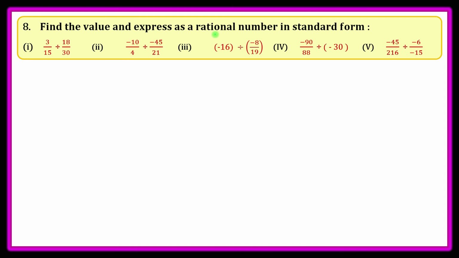Find the value expressed as a rational number in standard form. Standard means lowest terms. Okay my friends. So let's solve it. Let's solve for the 4th part here. 4th part: minus 90 upon 88